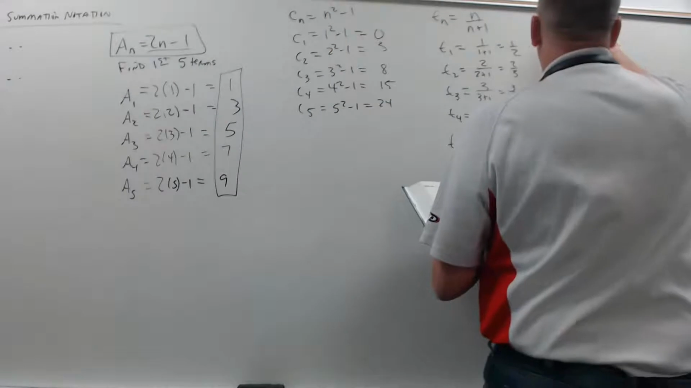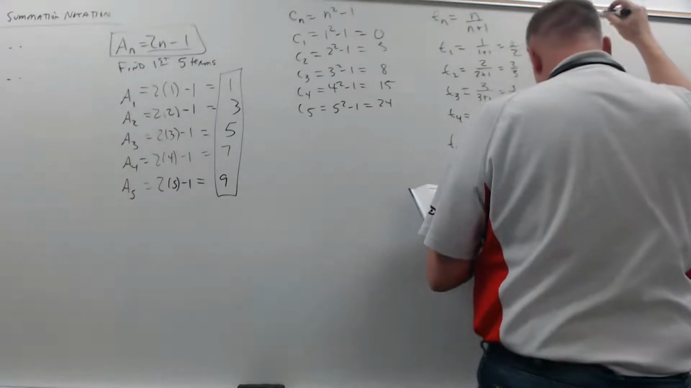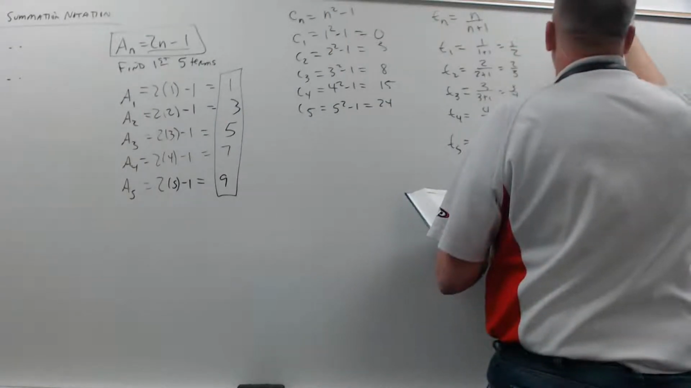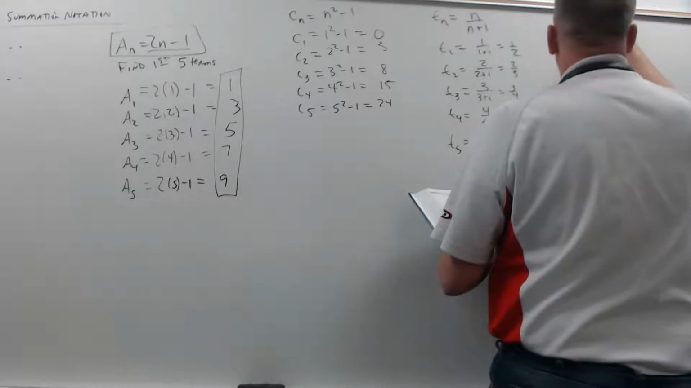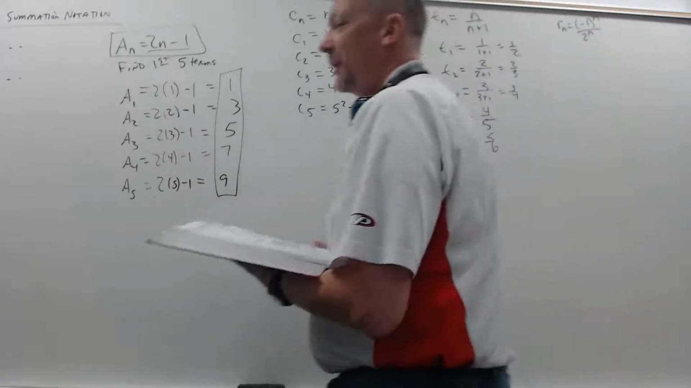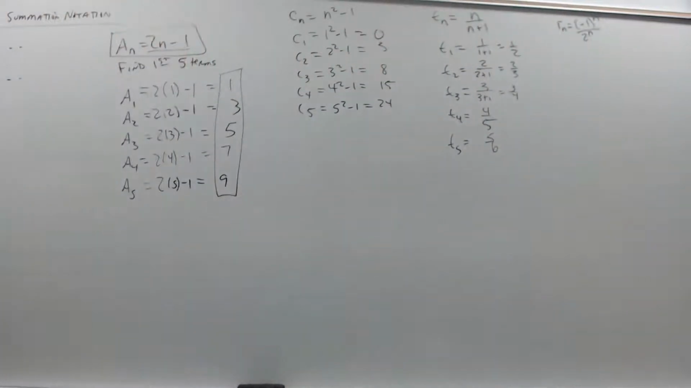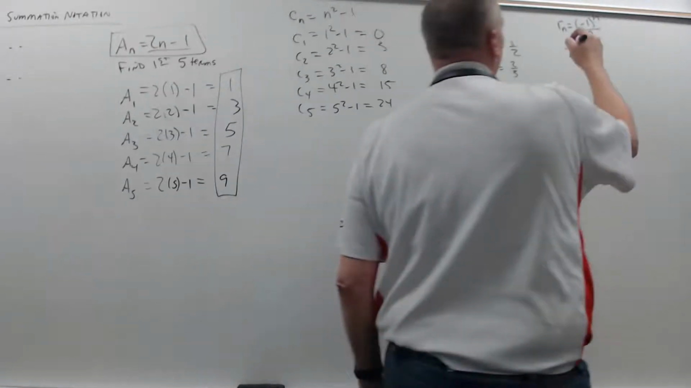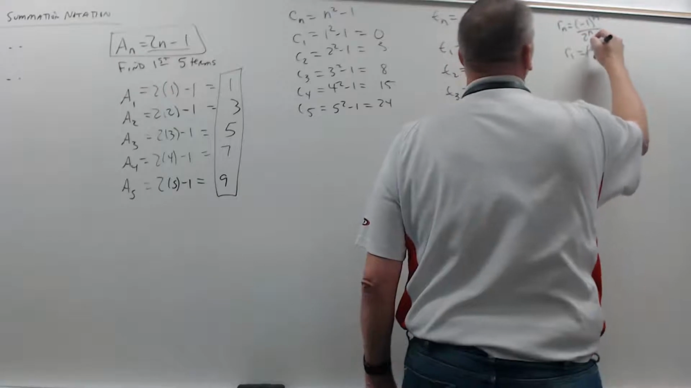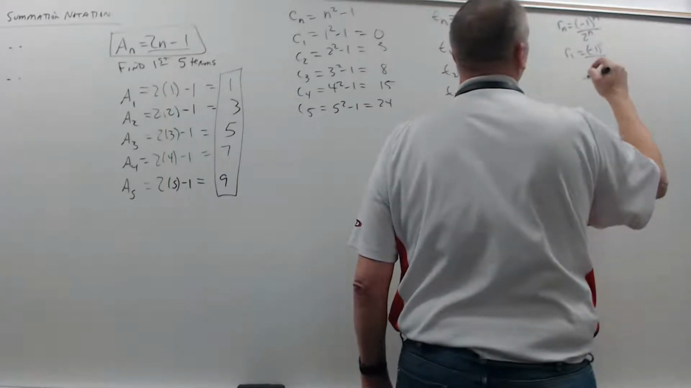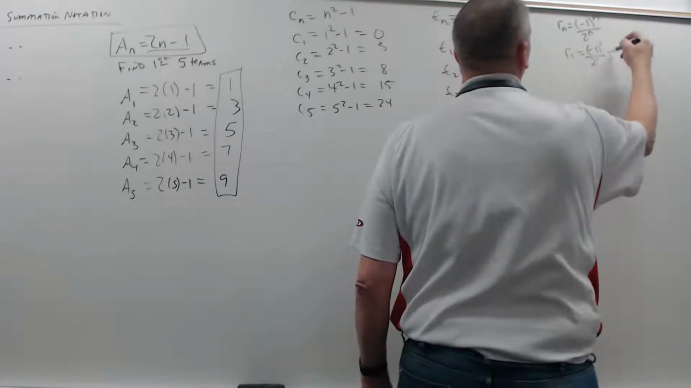R sub n equals -1 to the nth power over 2 to the n. This one's going to be a good one, I can tell. Sam, what do you think? What's R sub 1? So it's going to be -1 to the first power over 2 to the first power, which is going to equal